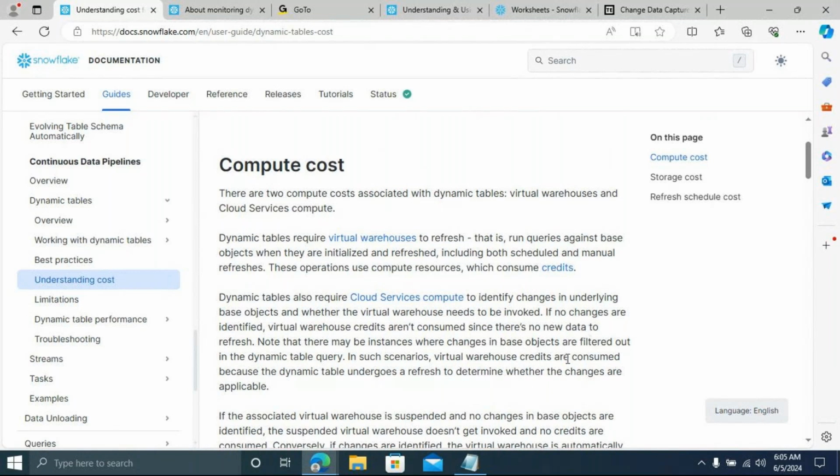When will it consume? If new data comes into the source table, this cloud service compute will identify the changes, and then it will inform the virtual warehouse. The virtual warehouse will extract the new data, apply the transformation and put it into the materialized result in the dynamic table. That's what I keep saying to you guys. If there are no changes, no credits are consumed. If any new data arrives, the service compute will handle the changes, and then your virtual warehouse will take the delta part, do the transformation and finally put it into the materialized result